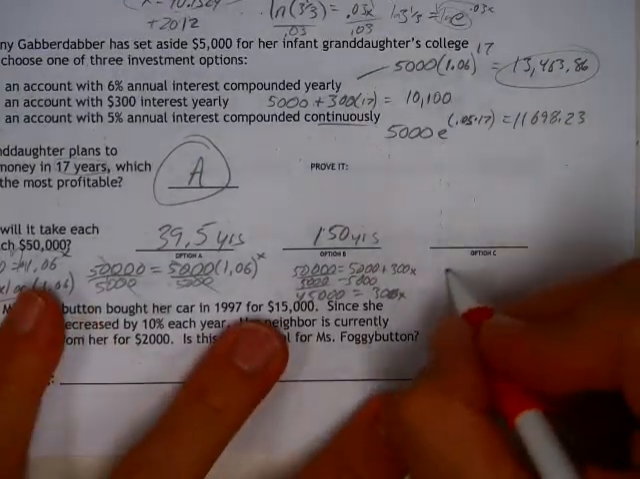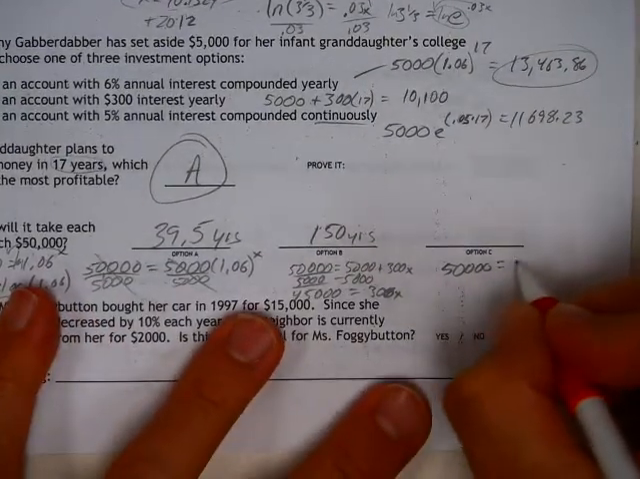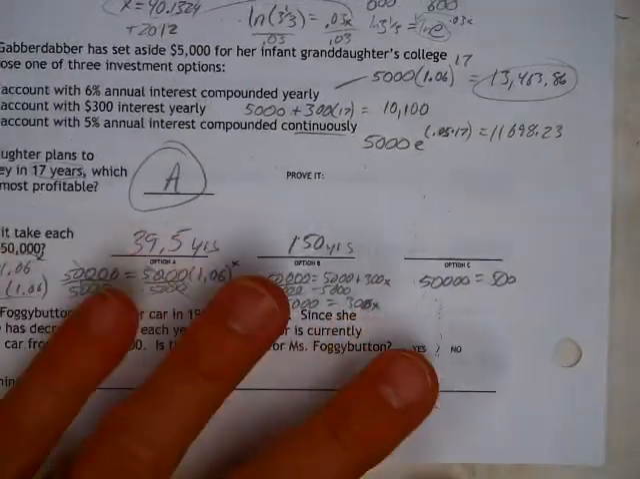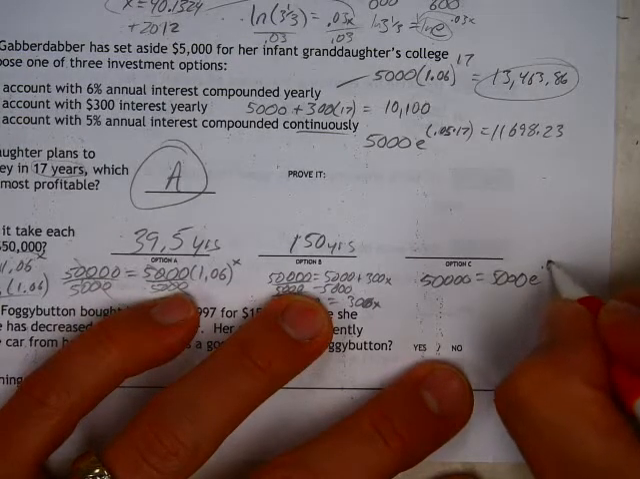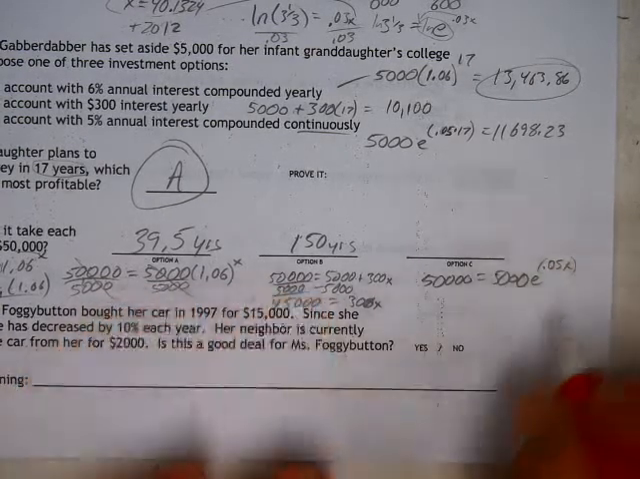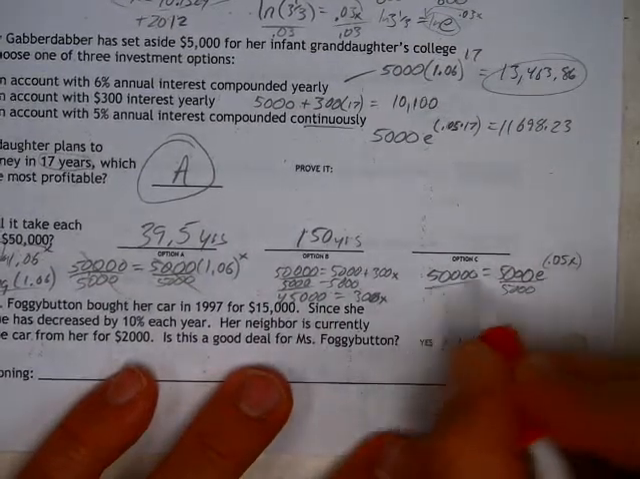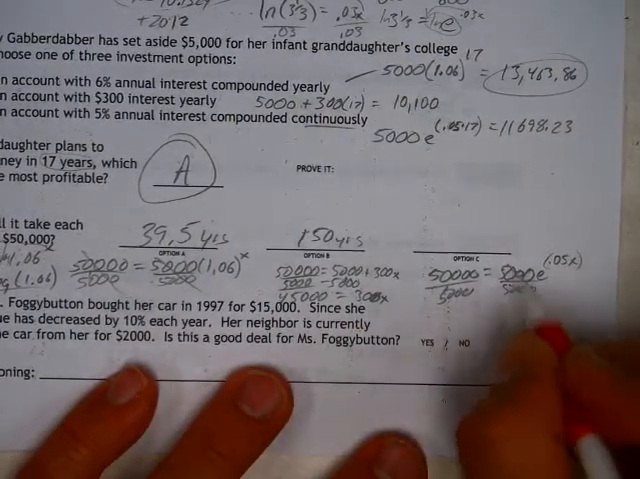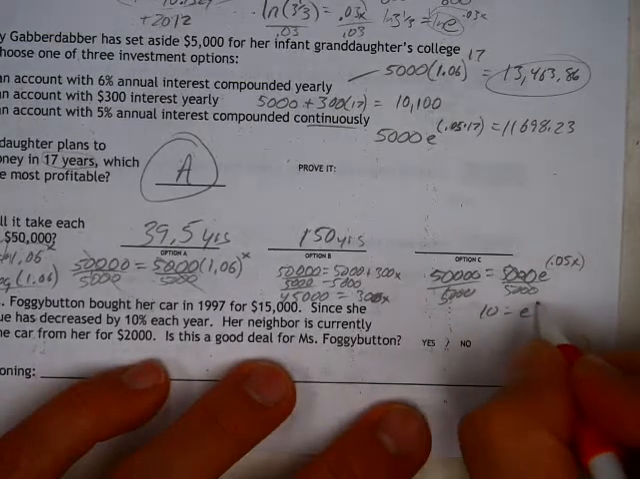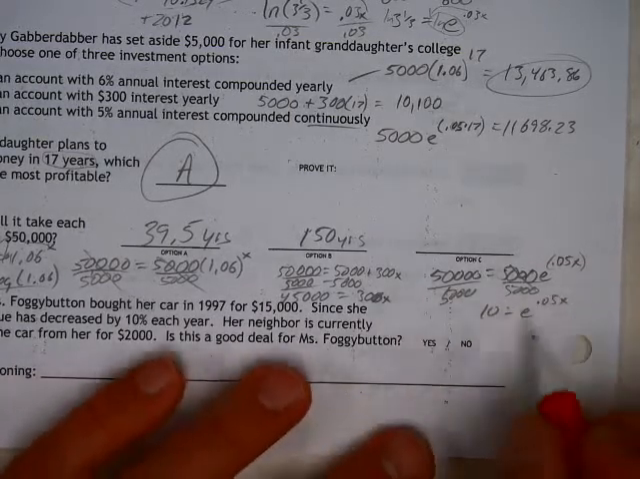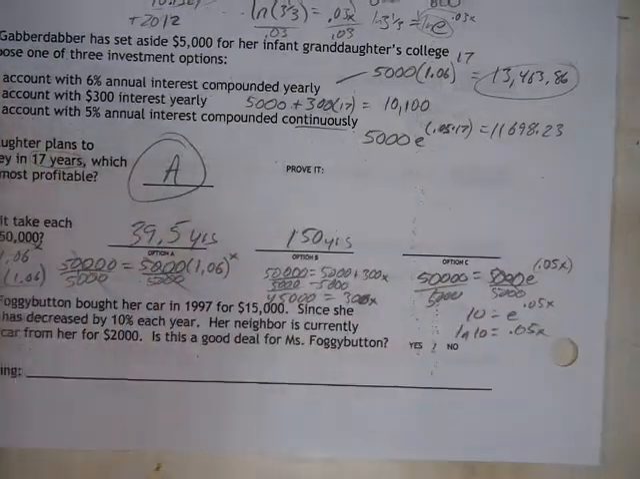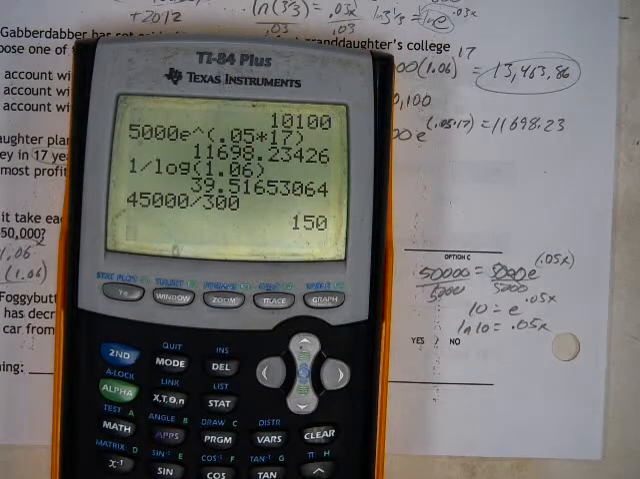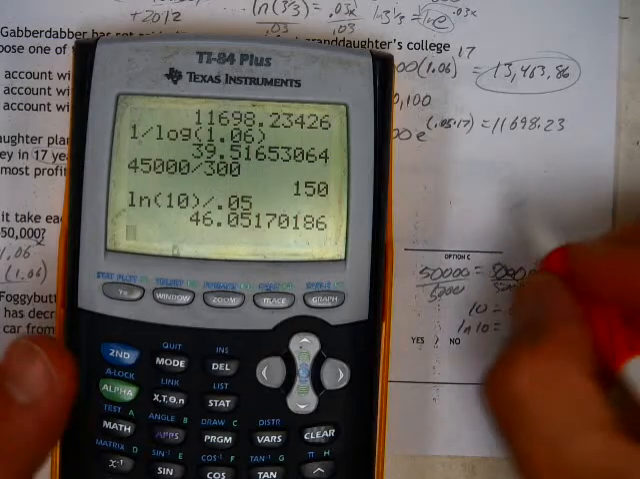So you set the same thing. You've got the 50 grand equals 5,000 times e to the 0.05x. So when you divide by the 5,000, you get 10. Okay, you've got your 10 equals e to the 0.05x. Natural log of both sides, get the natural log of 10 equals 0.05x. You do your divided-by step, natural log of 10 divided by 0.05, and you've got yourself